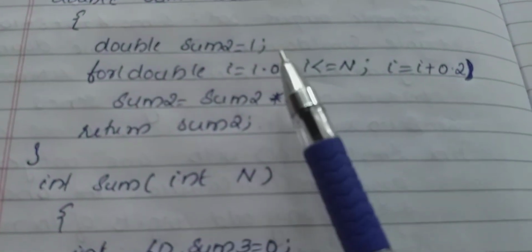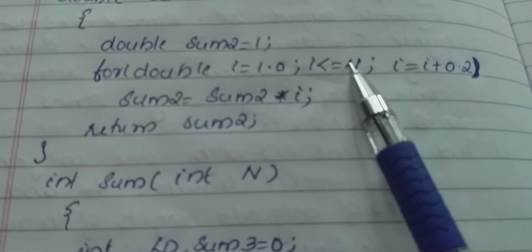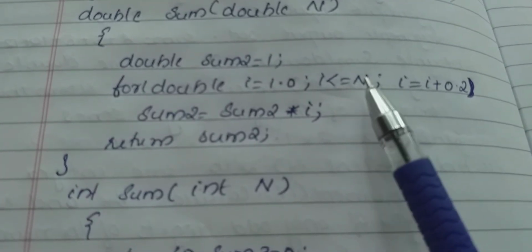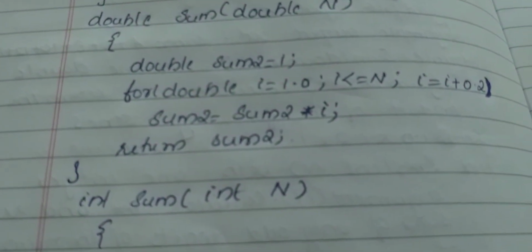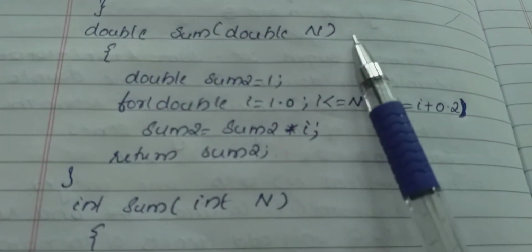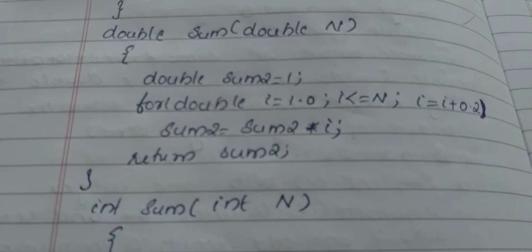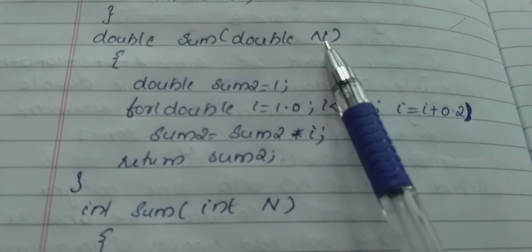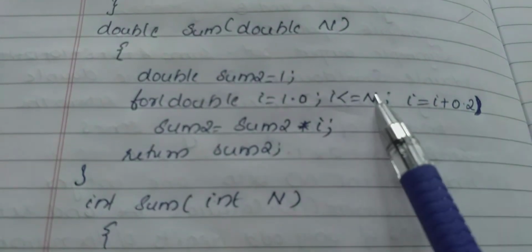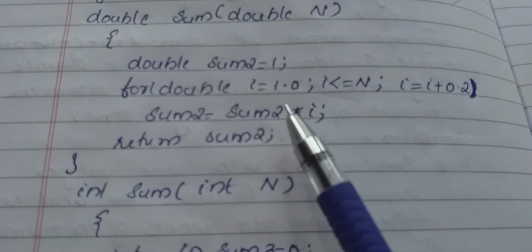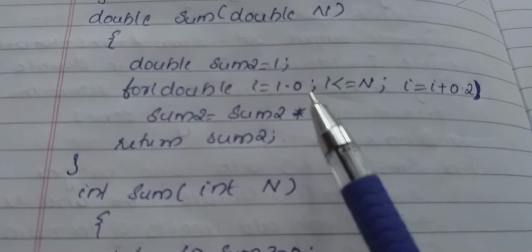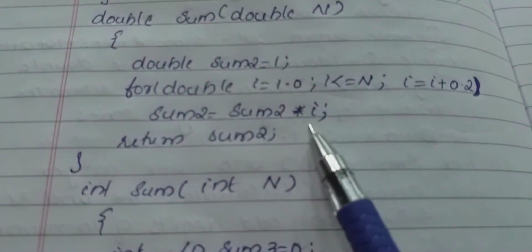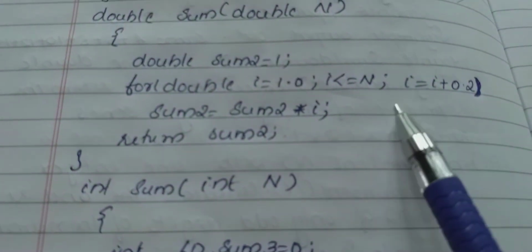Clear, students? Suppose a user gives the value, you don't bother about this value, where will the value of n appear? It will be in the main function. Clear? When we call this function, whatever value is in the main function will be passed over here. Suppose 2 is the value of n, we want to find the product of the first two terms. Clear, students? Since we want to find the product, what is sum2's initial value? 1. 1 into, what is the initial value of I? 1.0. So the net result is 1.0.